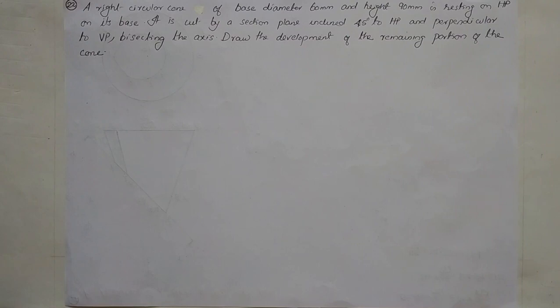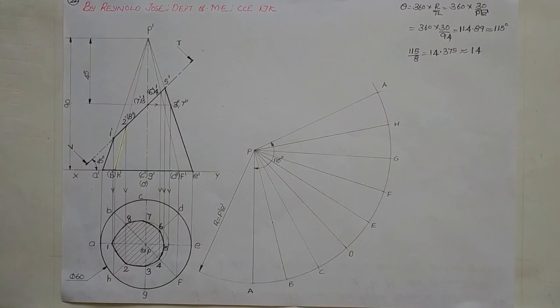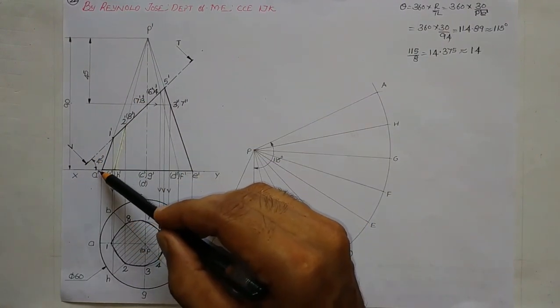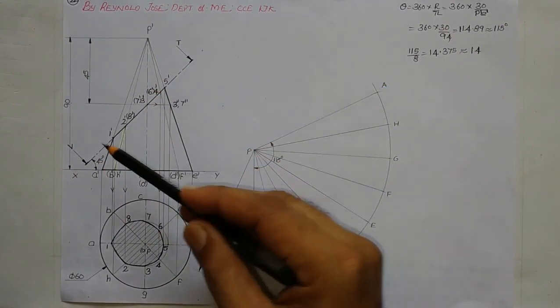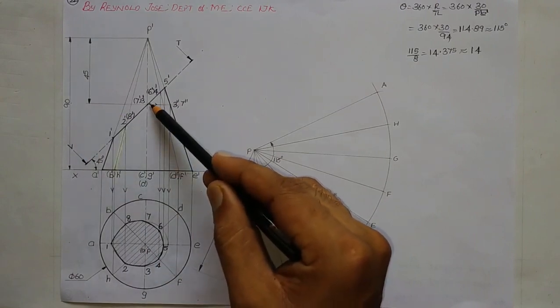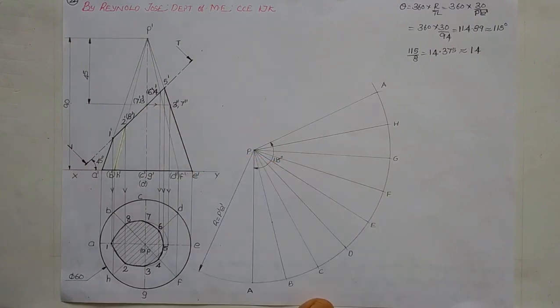So in this case, this is a problem involving sectioning process also. So when you are drawing the front view and top view, you have to do it using thin lines. So here already I have done the symbol front view and symbol top view of the solid, and I have located the section plane. So the section plane is located here at an angle of 45 degree and it is bisecting the axis. So the total height of the cone is 90 mm and the section plane is passing through the axis at a distance of 45 mm. So it is bisecting the axis.